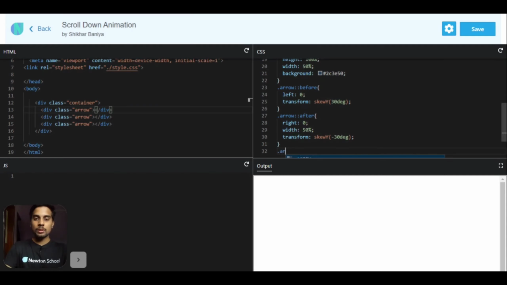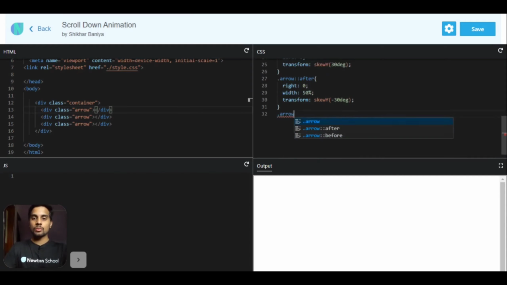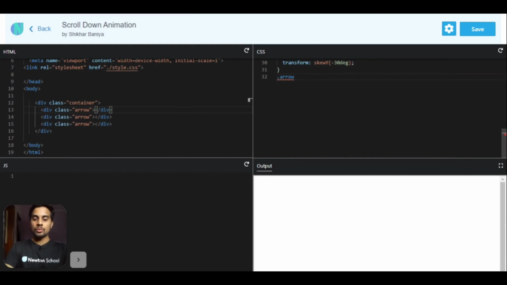So first arrow colon first child, so this one will get targeted, and what I want to do is add the animation. So animation name is move arrow, 3 seconds, ease out, 1 second for this ease out, and infinite.